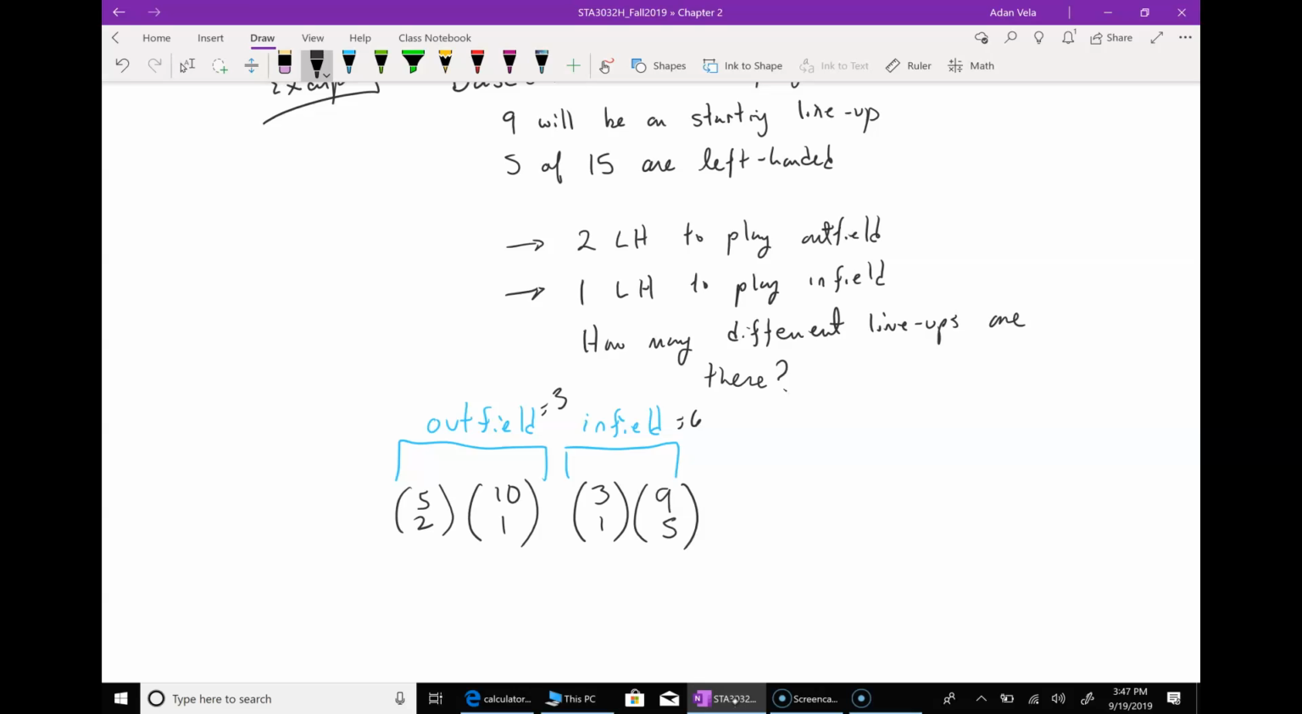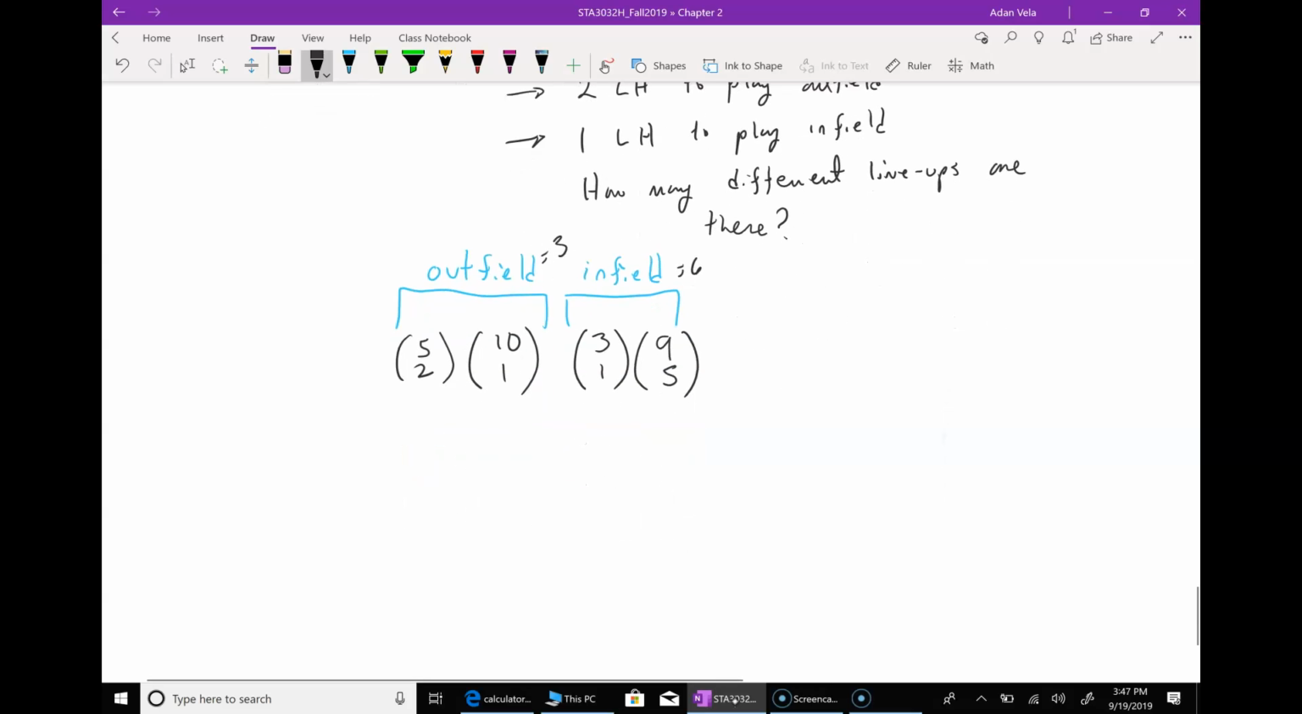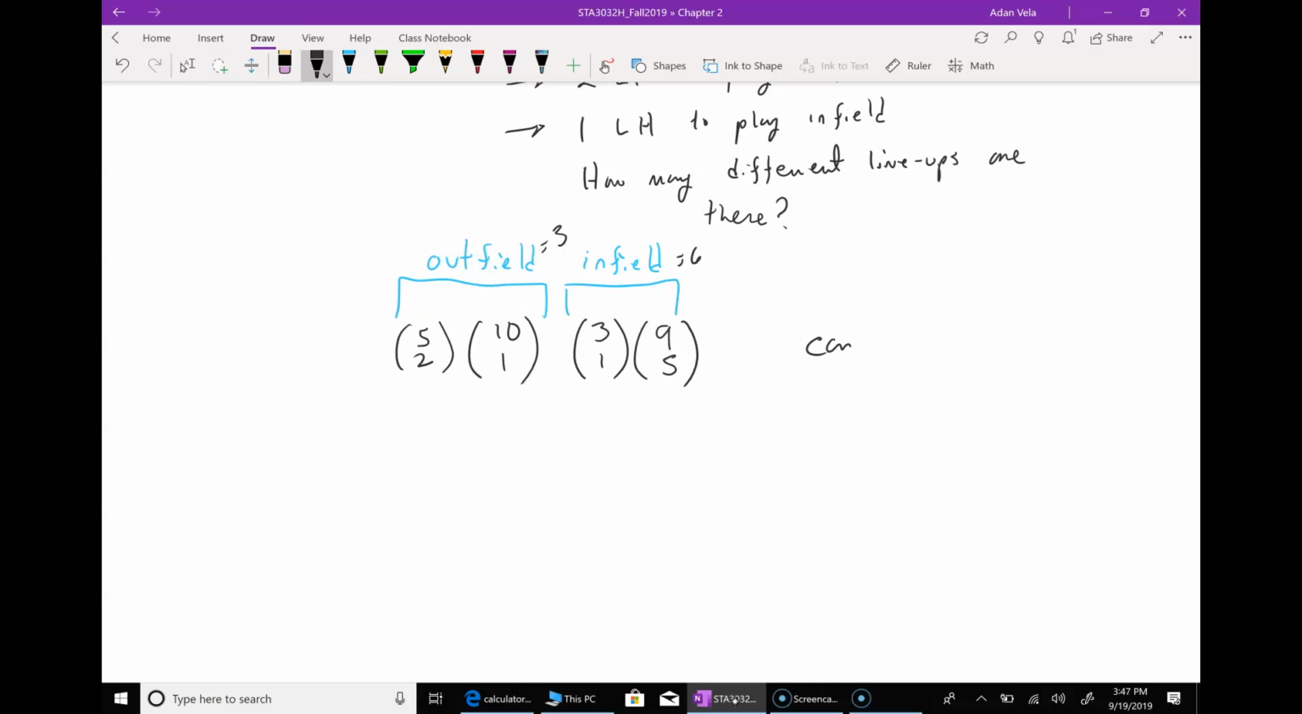Now, this isn't a lineup because I haven't actually assigned which position to which player. This is sort of figuring out just what players are going to be in the infield and what players are going to be in the outfield. I still need to assign them actual roles. So this is more like the combinations. What we really want are the permutations, or the specific lineups. And so, at least for me, the way I think about it